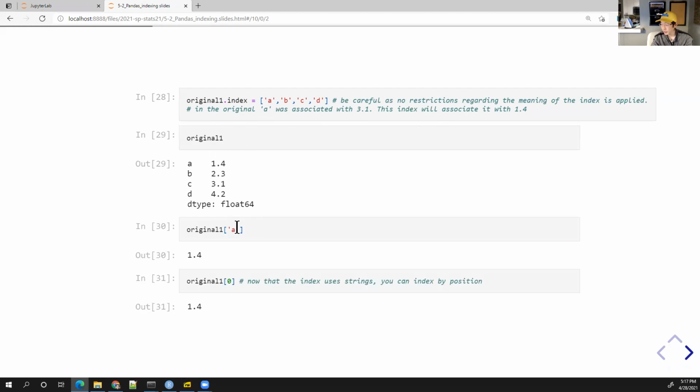And now that we have an index using strings A, B, C, D,